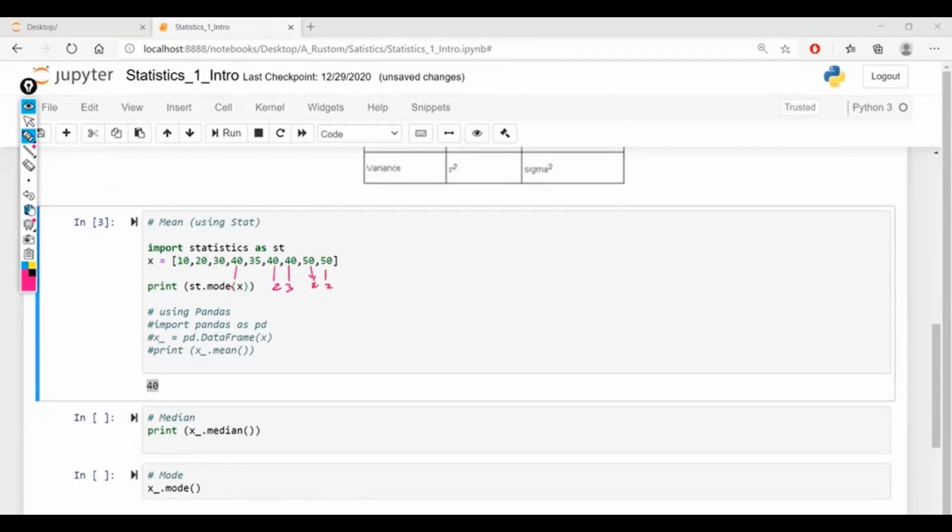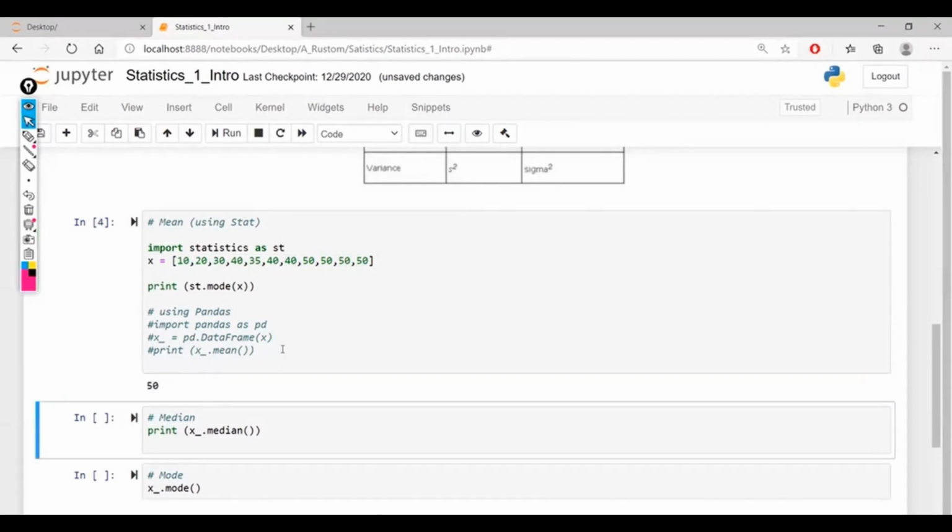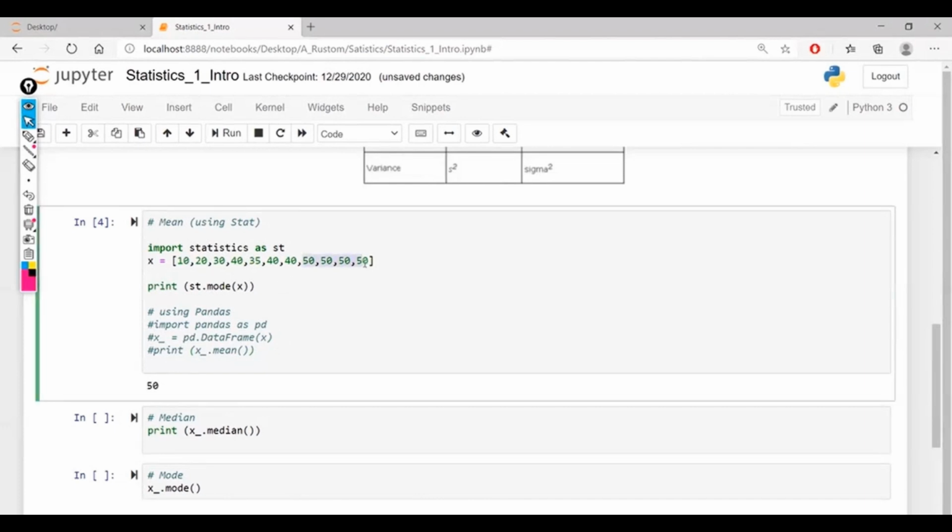All right. Just for the sake of explaining one more time, I will try to increase this number: 50 and one more 50. Now 50 is occurring more number of times as compared to 40. So I'm expecting 50 should be my answer, as it is occurring one extra time as compared to this 40. Right? So that is basically a mode here. All right, so you don't need to worry about